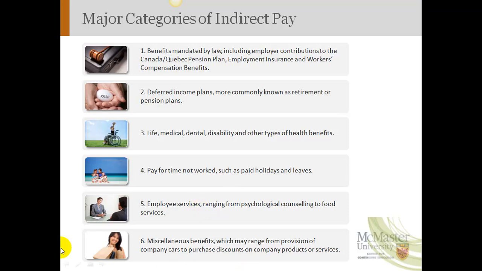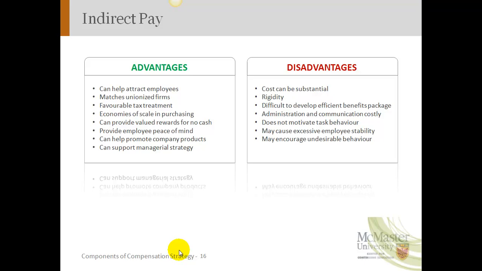And then miscellaneous benefits, which could mean purchase discounts on products that you buy. So for example, let's say you work in a shopping mall. There are some stores that might allow you, because you're employed in one of the mall stores, they might allow you discounts when you go shopping. You might have a card that says you are employed by this particular company, which is also in the mall. So there's all kinds of little things that might be there as well that could be considered indirect pay.